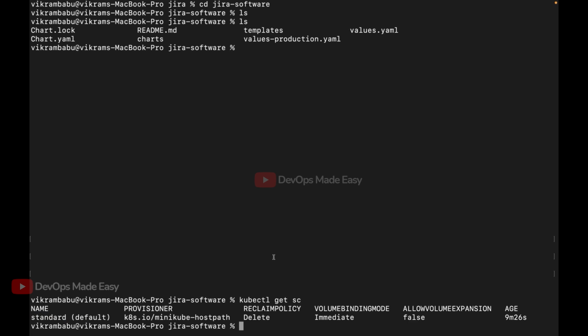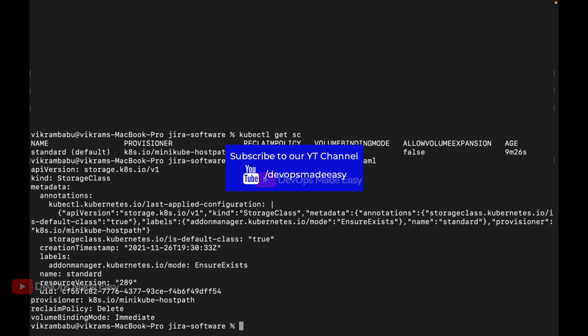If you do kubectl get sc standard -o yaml, you'll get complete information about this storage class. This is the default one, that's the reason why. It is marked as the default storage class, storageclass.kubernetes.io/is-default-class is set to true. So whether you use standard as the name or default as the name, it is going to point to the same thing.